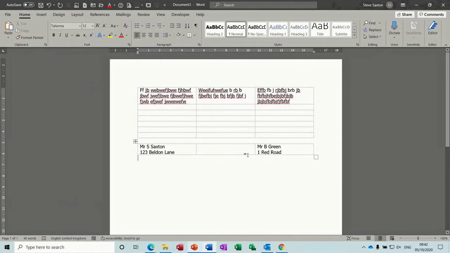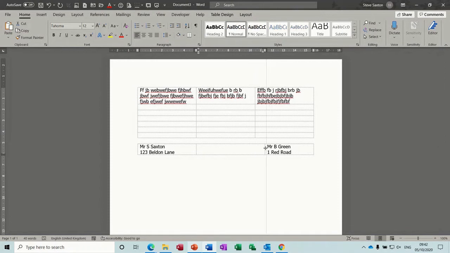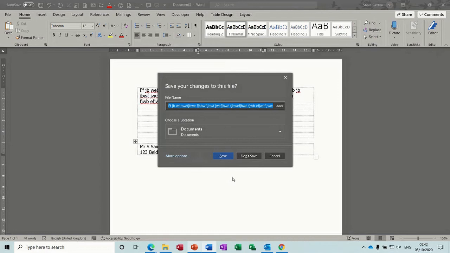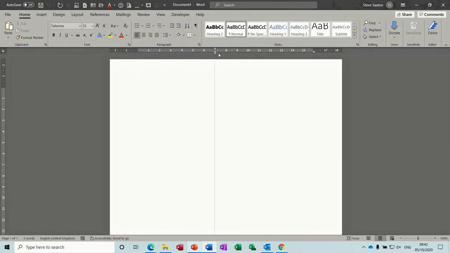So you could use this option for laying things up on an address, but it's not ideal, again, because that's not right across to the, well, I could move this, I suppose, line it up a bit. But the way I would always do address blocks is none of these ways I've told you. So if I just do Control W, don't save that, Control N for new, I would always, and I suggest you do, is use indent. So I'll move the indent marker across to the 11 centimeter mark, and I type my address,